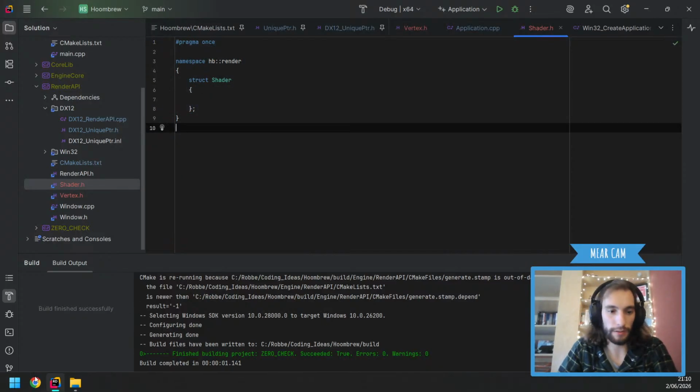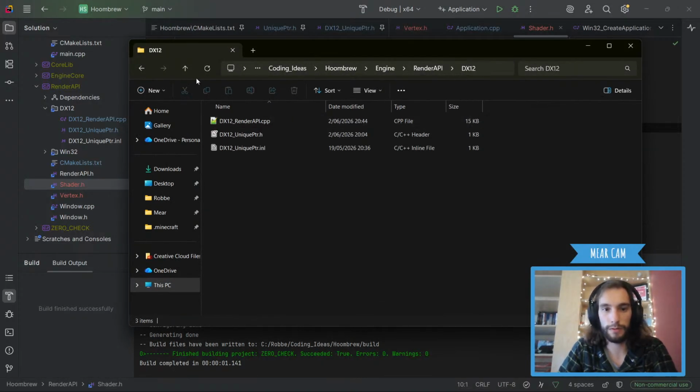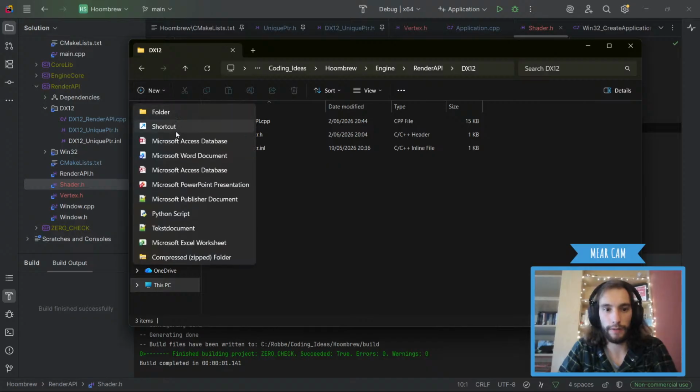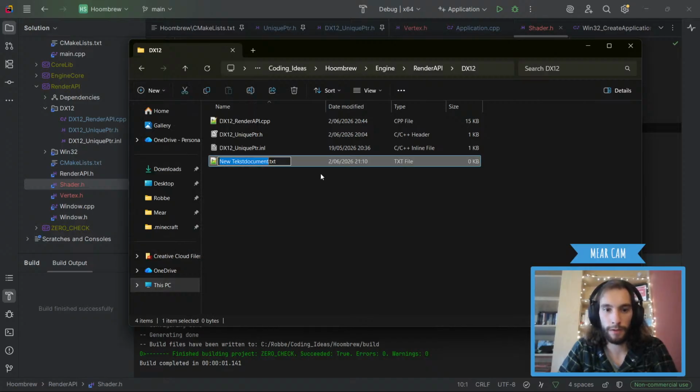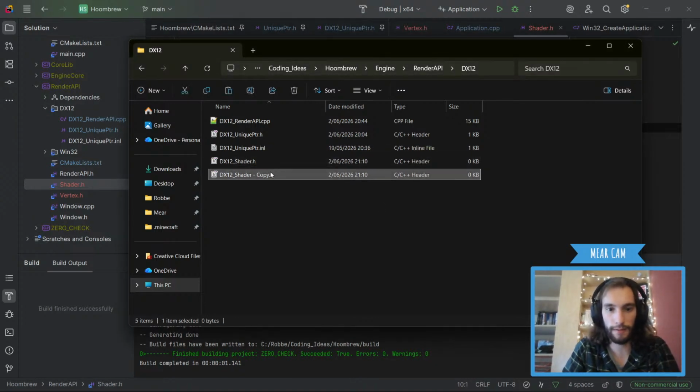Alright, basic shader. Then inside our actual DirectX 12 one, we're gonna add two new files. We're gonna call it DirectX 12 shader.h. Actually, speaking of inheritance, we'll use some in a second. Let me just make all of these files.